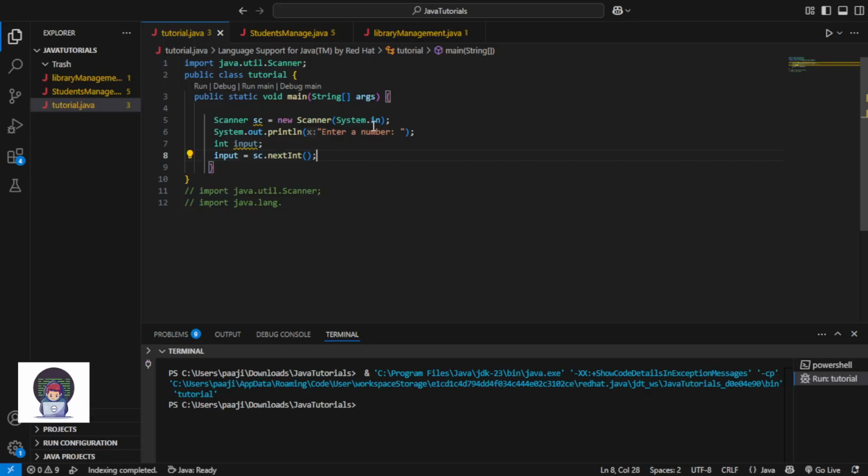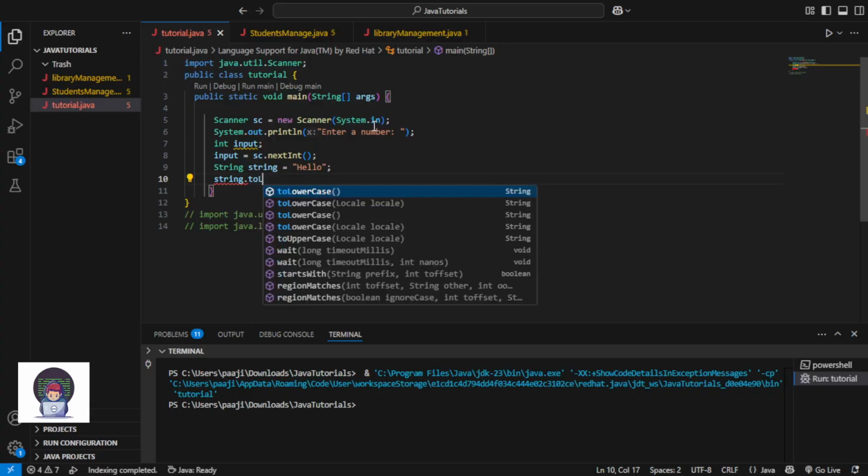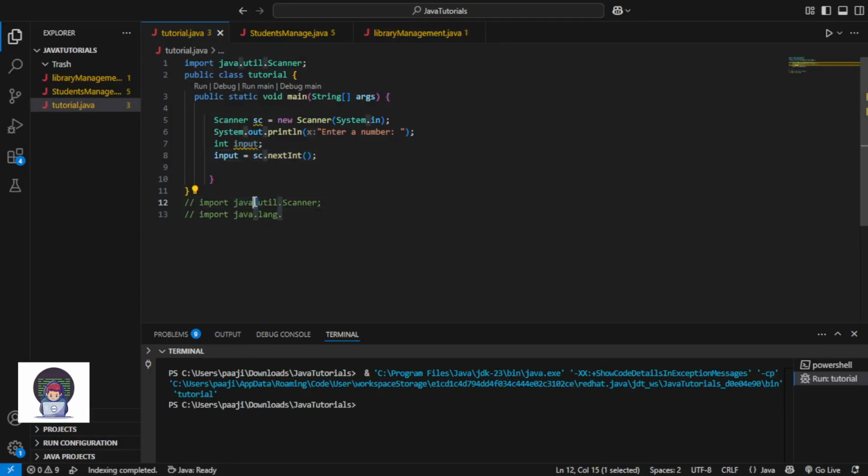For example, if I create a string named string equal to hello, I can do string dot to lowercase. This will set everything to lowercase. So dot signifies the method. It can also signify moving on to the next folder inside this.